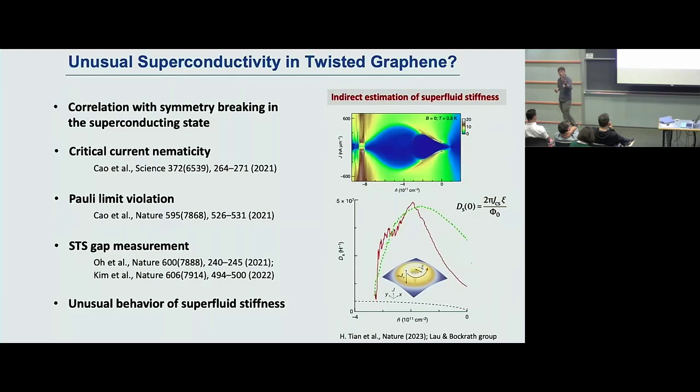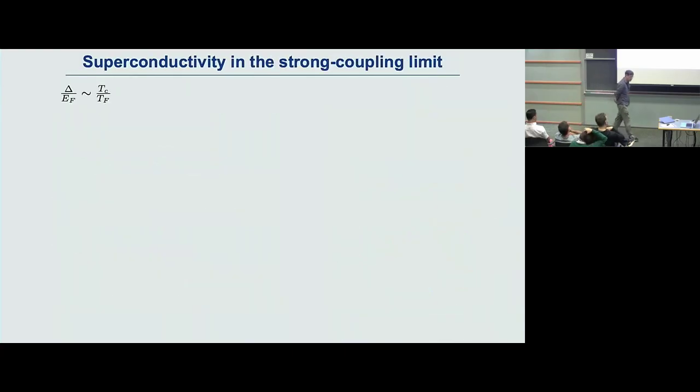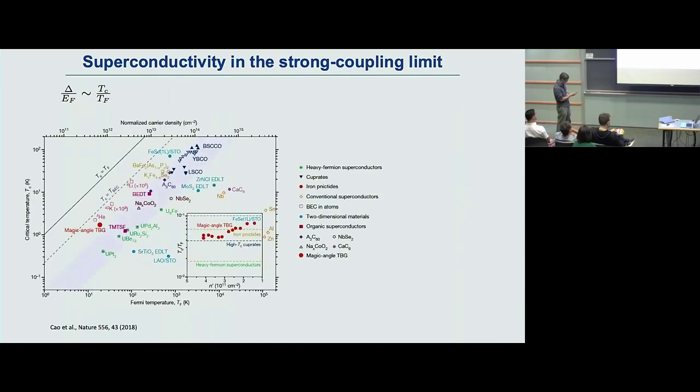Again, that can be hinted, this going for the unusual superconductivity. What I'm going to tell you today is how we can look at slightly different pictures. I think this is a picture that I just took from Pablo's original paper. The purpose of this paper is to look at the gap that was measured, or inferred with the Fermi level inferred, usually going for the TC over the TF, and plotting in this diagram where the twisted bilayer